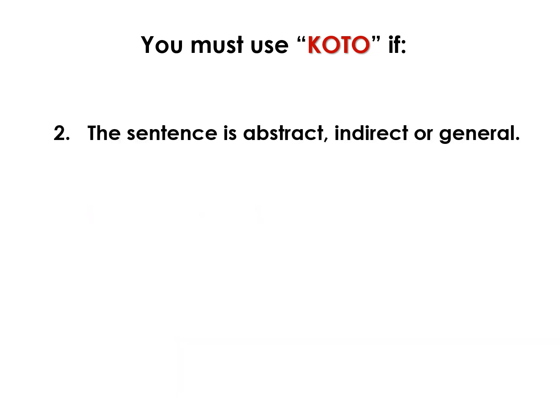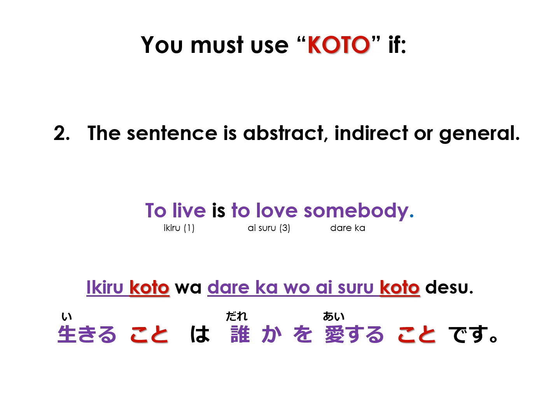You must also use koto if what you're saying is abstract, indirect, or general. For example, the saying, "To live is to love somebody." To live and to love somebody have to be nominalized using koto because this is an abstract concept. In Japanese, 生きることは誰かを愛することです。